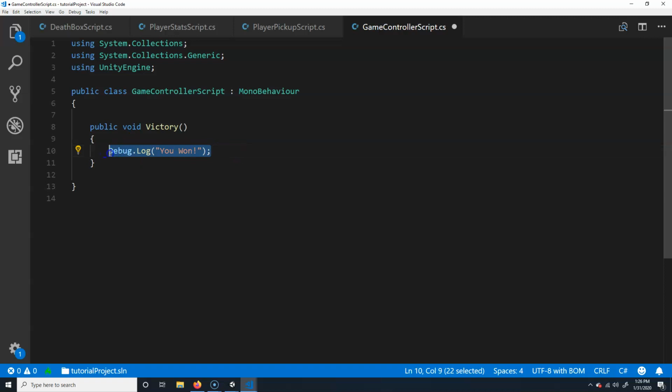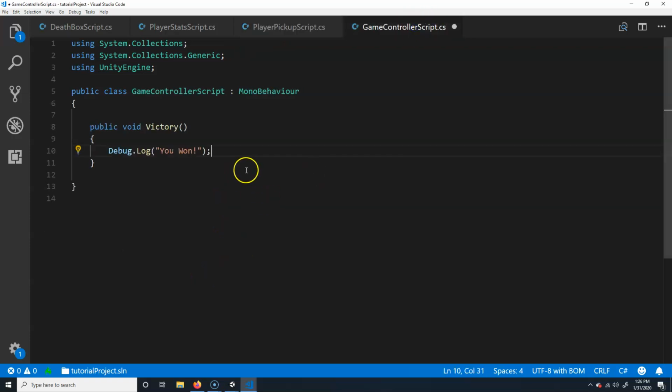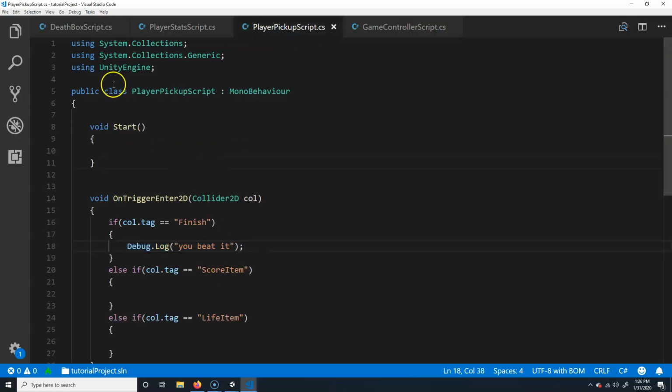Eventually it's going to say load next level, but I only have one level, and I don't even really have a level. But I want this to run instead of it being in here. So you can probably tell what's going to go. I'm going to go ahead and save this. I'm going to go back to the player pickup script. And what I'm going to do